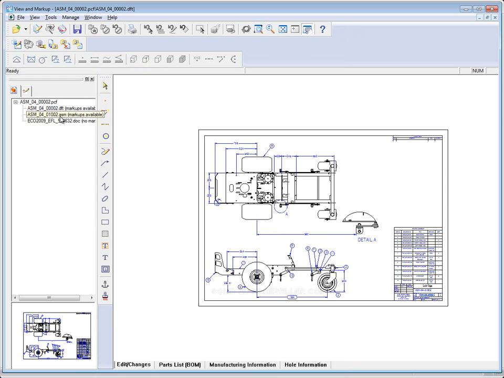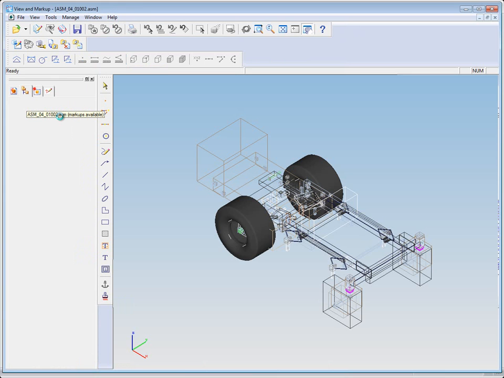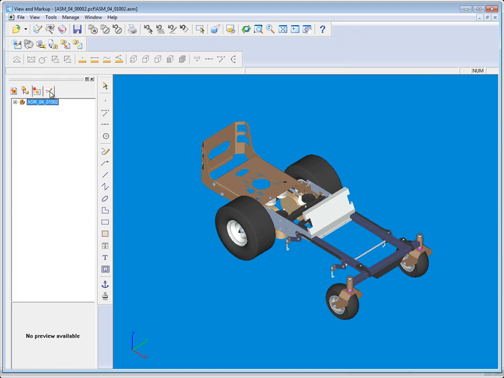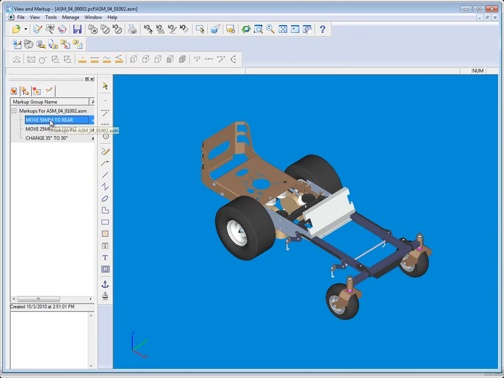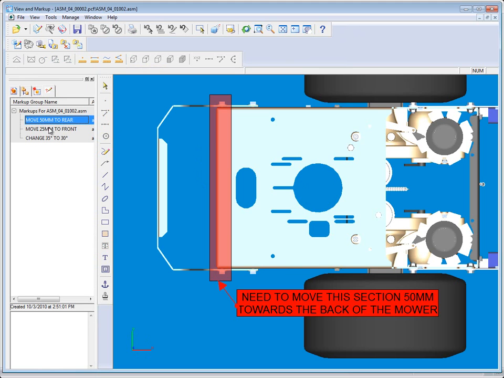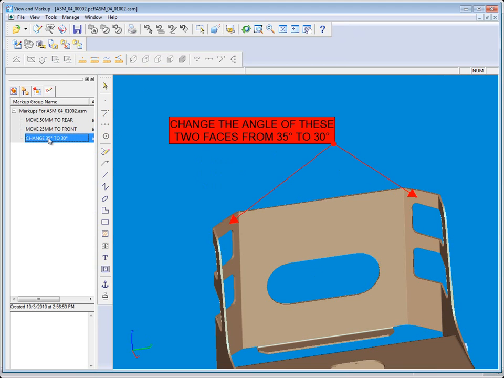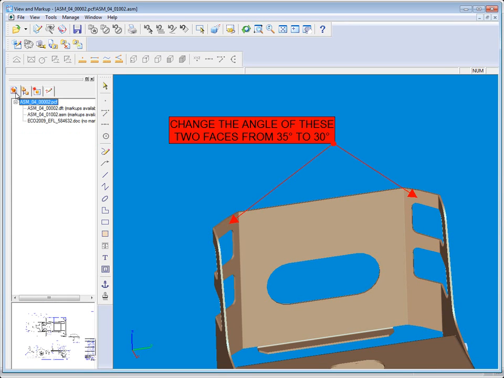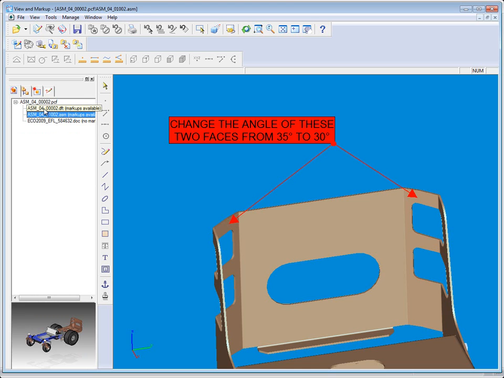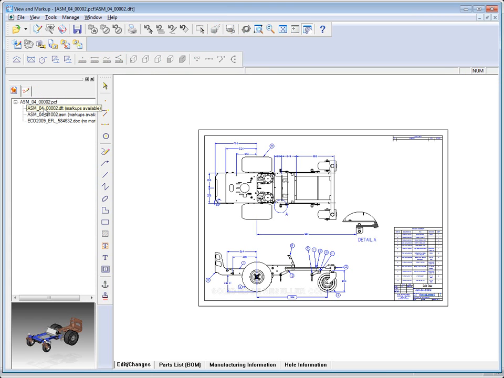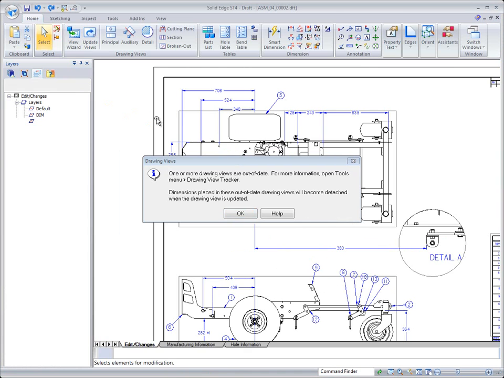So in View and Markup, some of the capabilities that we have is, whether it be in the 2D draft or in the 3D model, users can go in and redline and show different areas of change that need to be made to the actual assembly file or part model. So here you'll notice that we've created a couple different changes that we want to make to our drawing, and if we jump back over to the 2D drawing, you'll notice that there we can actually say that we want